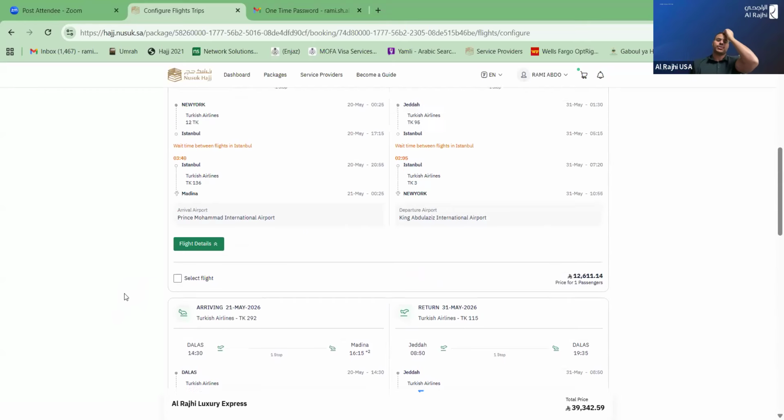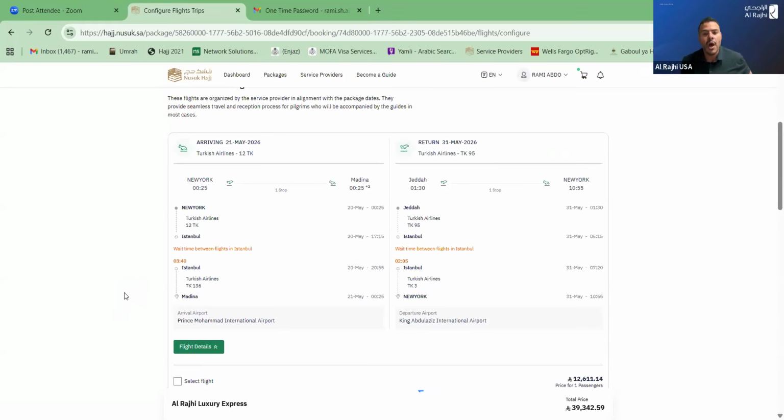Now, Turkish is the one we recommend the most, although Egypt Air and Qatar will also be on here for other packages and they'll be priced cheaper. Turkish is the most expensive one, and there's a reason for it: they're the most flexible. What that means is this. For a Turkish flight, if you want to upgrade to business class, it's not guaranteed, but it's doable. You talk to us and we can try and make some changes